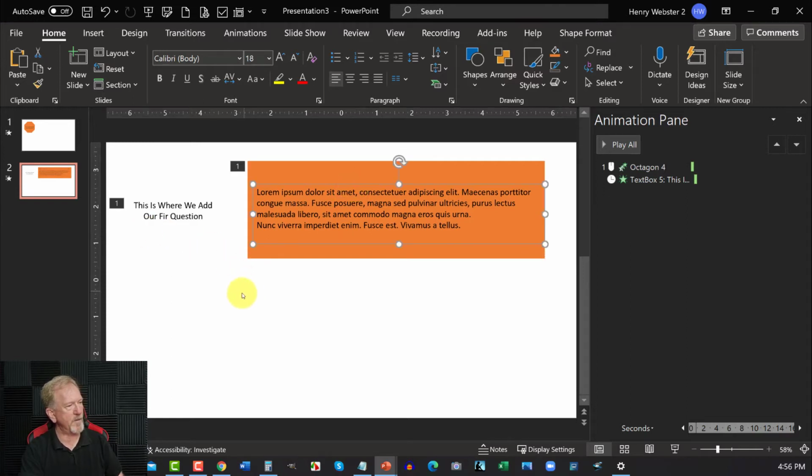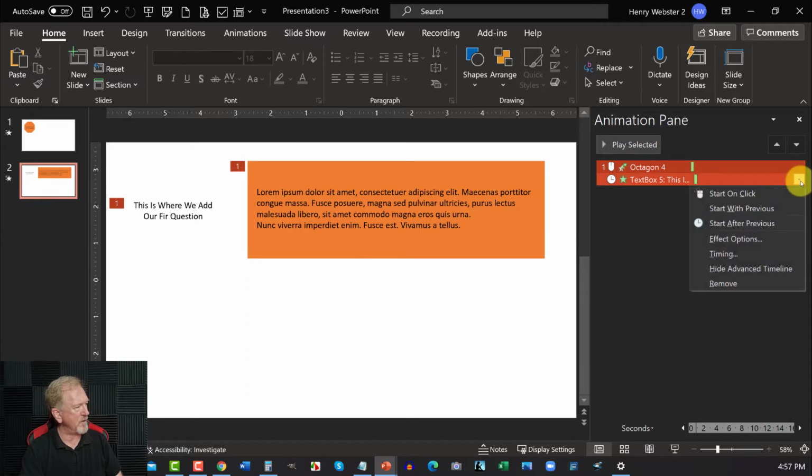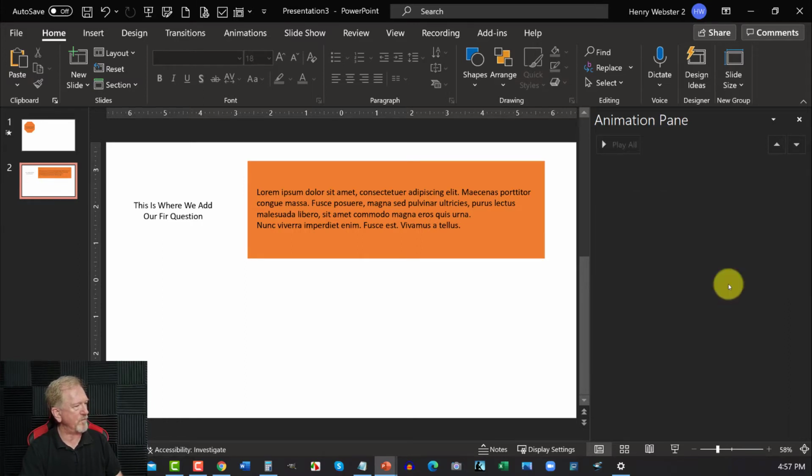Now that we've done that, we need to make this one morph. But before we do that, we need to remove all the animation from here. So to do that, we left click, and then holding down the control key, we left click on this one here, then we go over here to this drop down menu and we hit remove. The reason we do that is because if we try to use the animation while we're doing the morphing, it